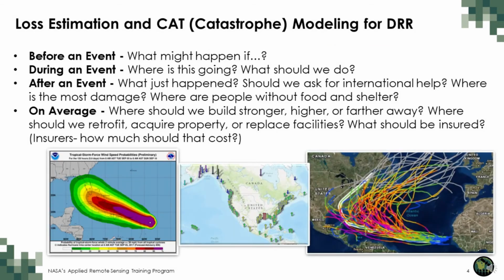So loss estimation, or catastrophe modeling, is the process of estimating what might happen given a certain excitation from a natural disaster. So if you've got a hurricane, tornado, earthquake, we predict what might happen before an event. So for example, if you were to look at large earthquakes that might hit Los Angeles in a planning capacity,